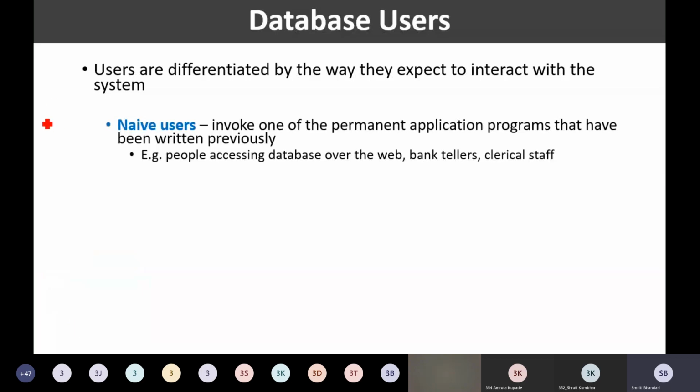This user will have access to some kind of a form wherein information like ID of the student, name of the student, class of the student, total credits of the student, something like that, is being asked for.